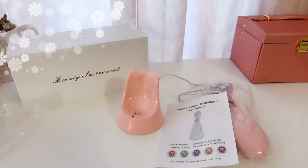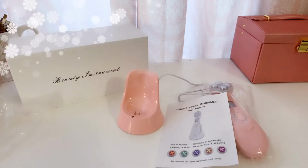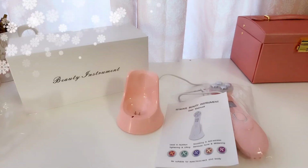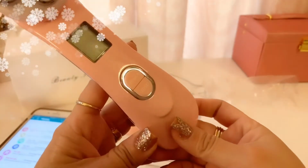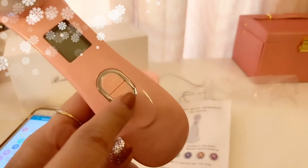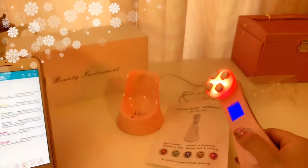So let's check it out on Amazon. I got this one for $39. Let's turn it on so you guys can see. The power is right here, and then the LED selection. So let's turn it on. Okay, so red is